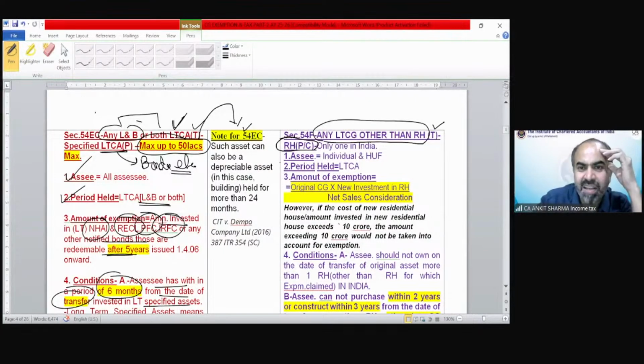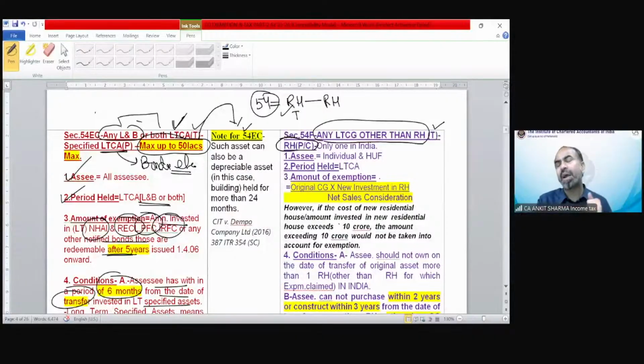Why are they saying that you should not transfer a residential house and purchase a residential house? Because if you transfer a residential house and purchase a new residential house, we have section 54 for this. Why is section 54F required? I have told you these are mutually exclusive cases. So that's why they have removed residential house, because if this is not written over here, if the language is